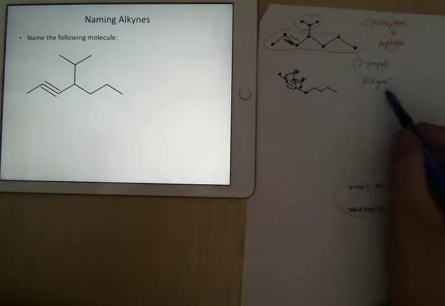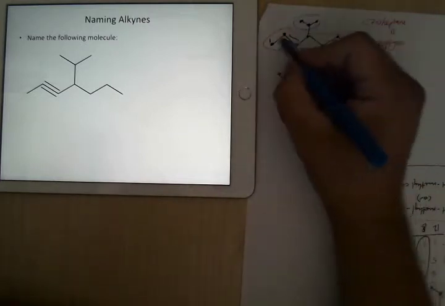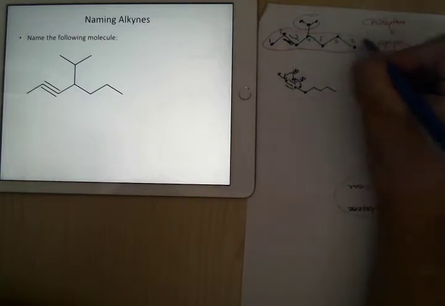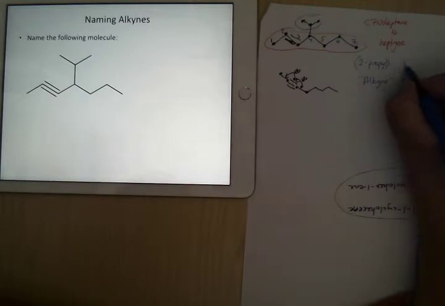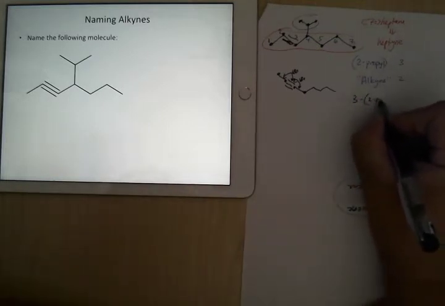Our alkyne starts, we need to let the person know where that's starting, but we know that this is the priority group, so 1 is automatically going to be here. So 1, 2, 3, 4, 5, 6, 7. Okay, so alkyne starts at 2. The 2-propyl group's at 3. So when you put this together, it's going to be 3 2-propyl,